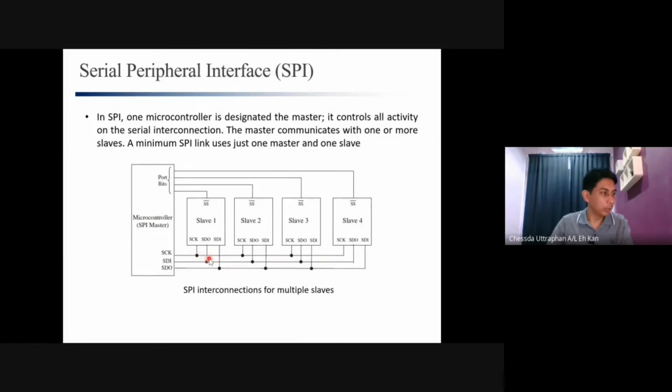Okay. So you can see that all the slaves share the same bus, right? Means that if you send the data, all of the slaves will receive the same data, right? But we don't want that. So how to make sure that, for example, we want to send the data from the microcontroller to slave number 2, and only slave number 2 receives the data, but not slave number 1, number 3, and number 4? Okay, so we have another line, another wire here to activate which one we want to